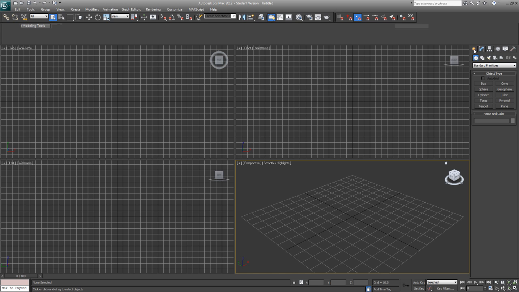If you are on the first tab, which is this little sunburst, the Create tab, and on the first icon within that tab, you'll be in the Geometry tab. Any type of geometry that is listed here can be selected, and you'll be in what's called the creation phase for that piece of geometry. So if I select box, I go to the top view,